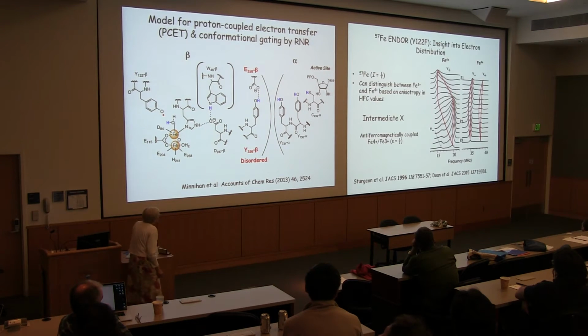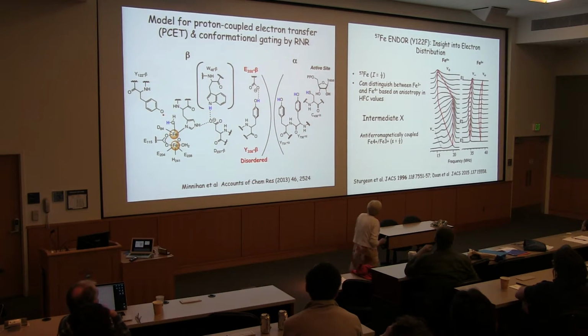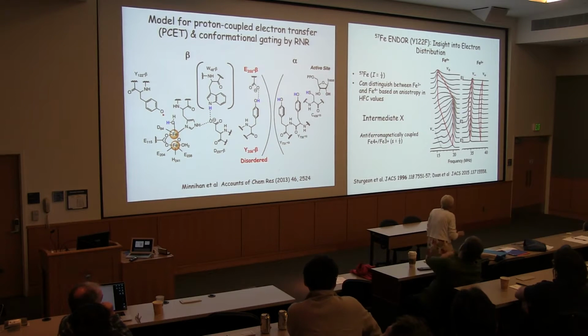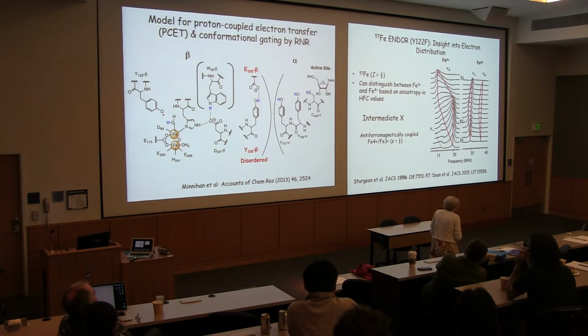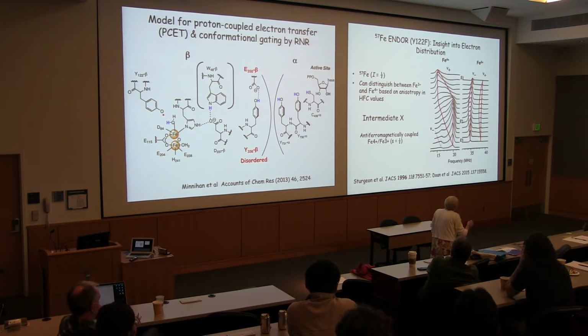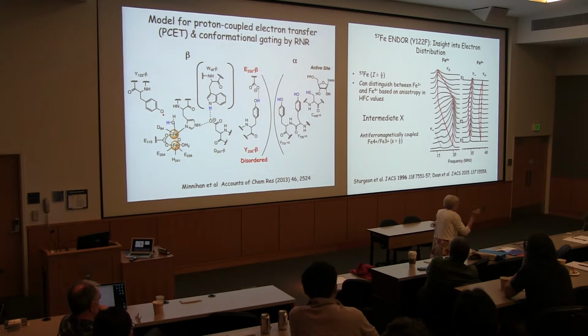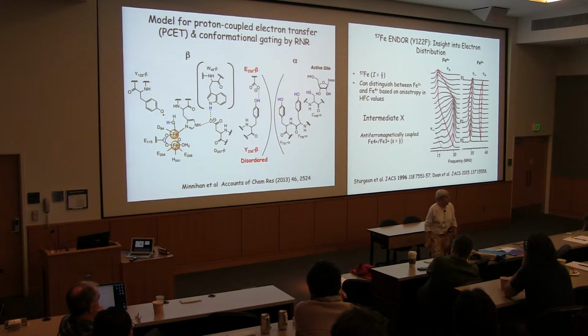We've had an extensive collaboration with the Hoffman lab. This is some early data, but we revisited it to tell us something about what the composition of X is, and I think everybody has agreed that it is high spin iron 3. You can see the isotropic hyperfine couplings versus iron 4, which are anisotropic. And so I think this part of the system we agree on: X is an iron 4,3 intermediate that's kinetically competent to oxidize tyrosine to a tyrosyl radical. Okay, so